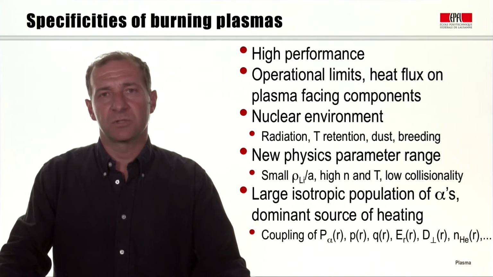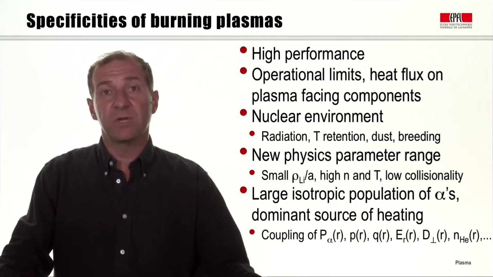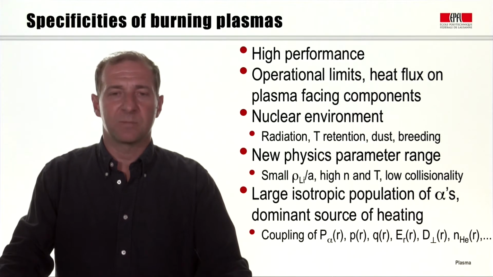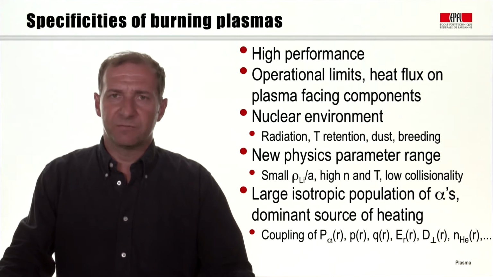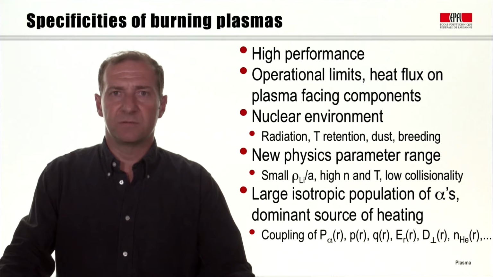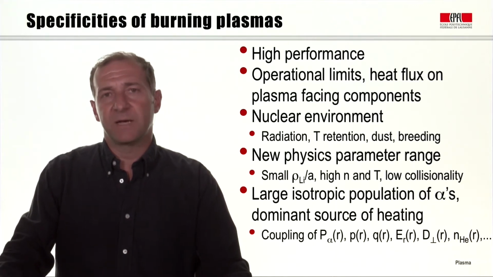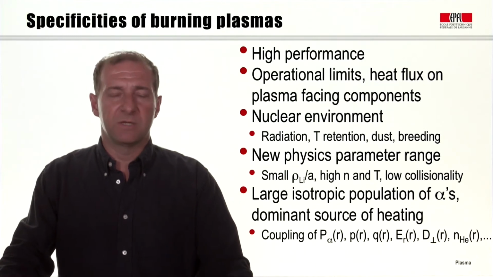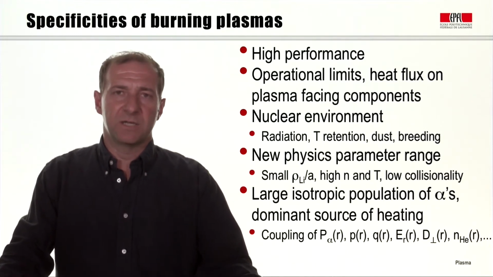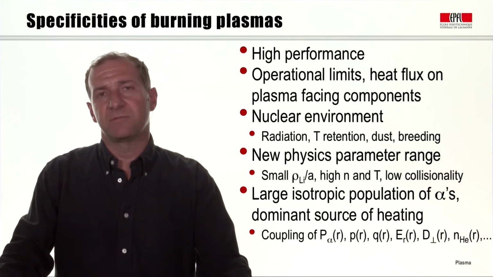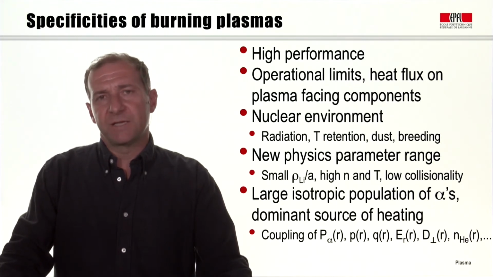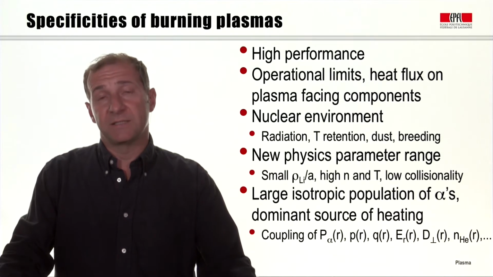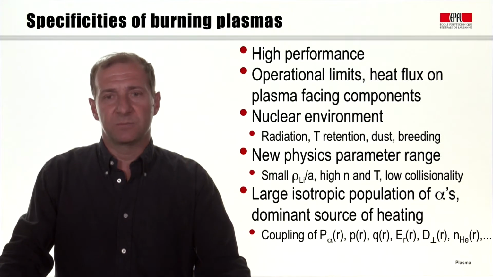There would be the issue, of course, of the need for breeding the tritium using the blanket modules outside the plasma. In terms of the plasma physics specificities, also, we expect something different from today for a few reasons. First of all, it would be very high density and temperature compared to what we have today, which implies we are in a regime where we have even lower and lower collisionality compared to what we have today in present